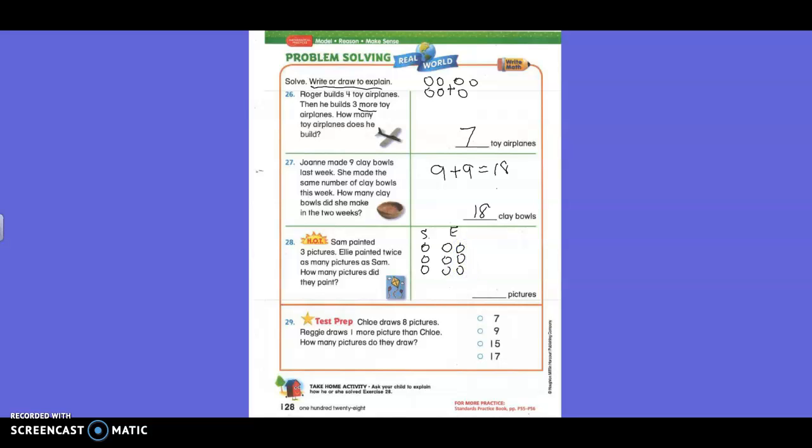Does that make sense? So Sam had 3, twice as many as 3. That means you draw 2 3s. So 2 groups of 3 circles. Now, how many total pictures does that mean that there are, Gracie? 9. 9 total pictures. Okay, and I want you guys to do 29 by yourself. Okay? Because I think that's something that you should be able to